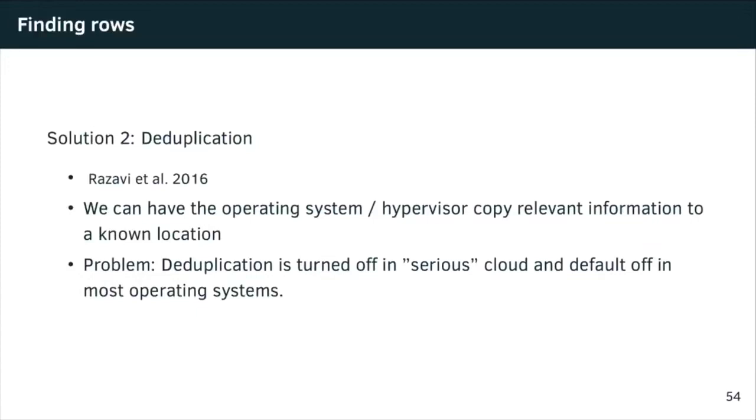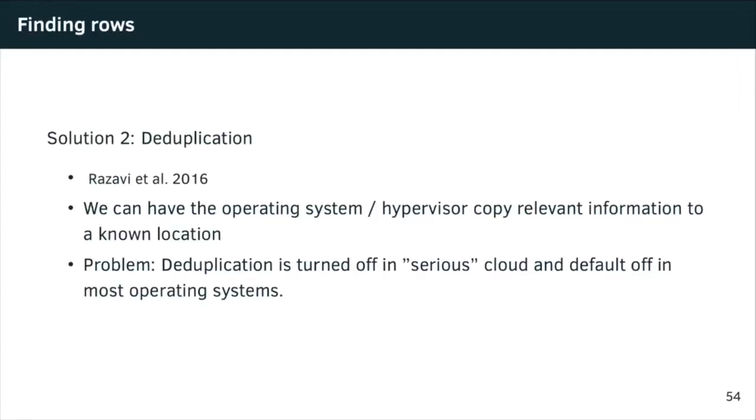This actually turns out to leak physical addresses. The way it works is you allocate a very large buffer, you start hammering at random, you see where your bit flips are, then you modify the page to match what you want to break in the victim, and then you sit around and wait for the deduplication to find your page, merge the page with that of the victim, and then you can start hammering on the same place as you hammered before, and you'll soon flip a bit in the victim's context.